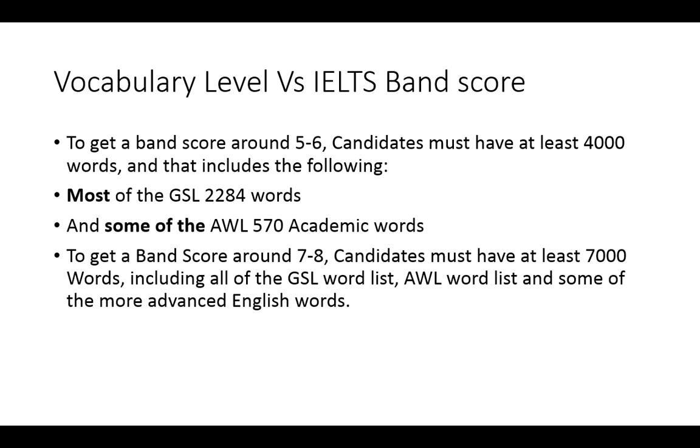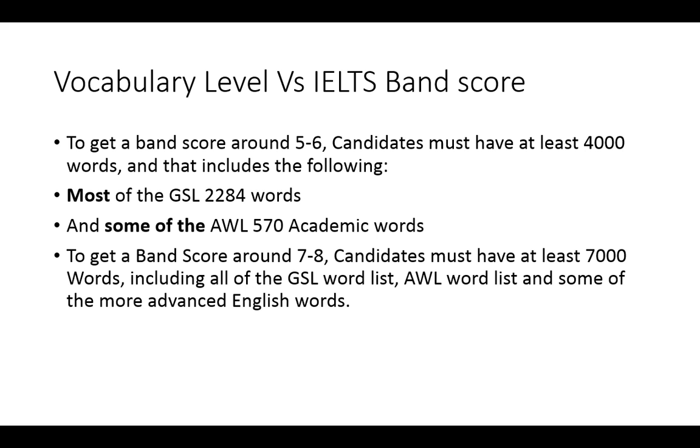And another list is what we call the AWL, the 570 academic words list, which is short for the academic word list, and that was also invented by Cambridge University a long time ago. Basically those 500-ish English words are mostly academic words, and those are the most frequently used academic words in